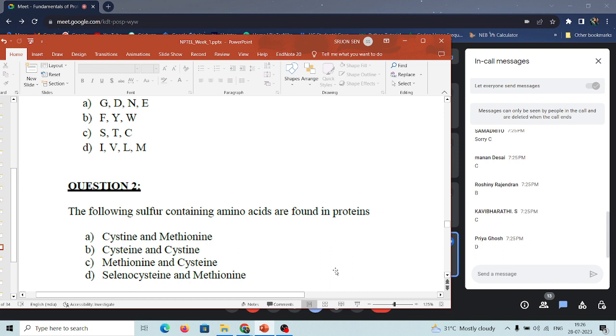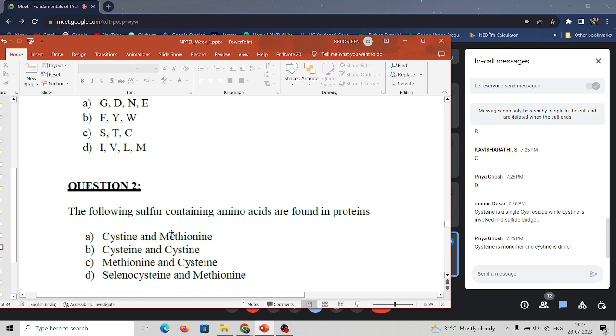The question says the following sulfur containing amino acids are found in proteins. Cysteine has a single cysteine residue and cystine is a dimer. Right. So cysteine is a monomer. It has a single cysteine residue, whereas cystine is involved in a disulfide bridge. Correct. So in proteins, it is not that we do not find the dimer, but